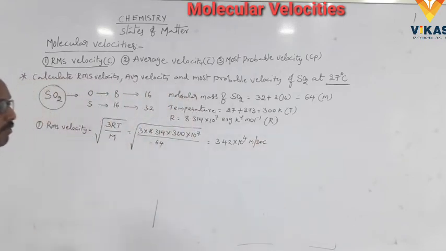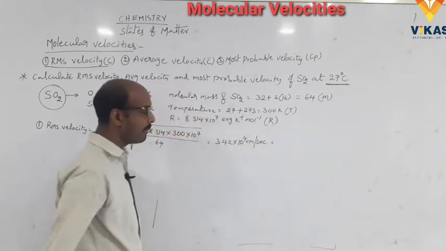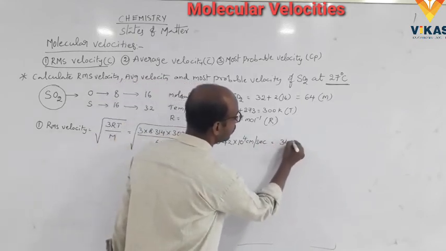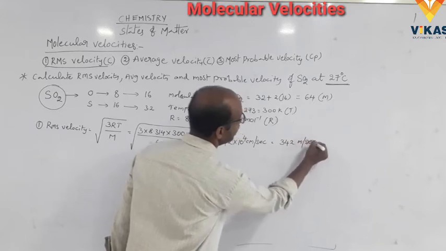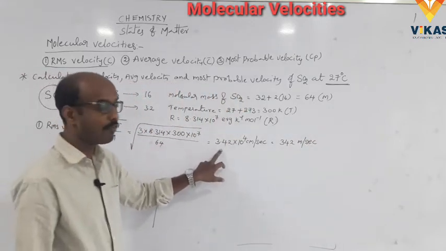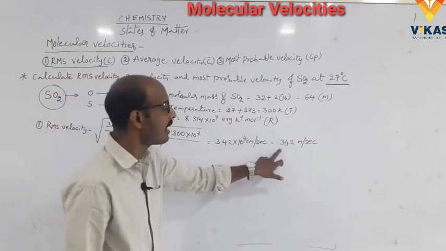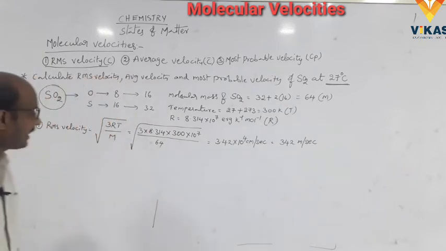Finally we get 3.42 into 10 to the power of 4 centimeters per second. Centimeters convert into meters, 342 meters per second. That is, we substitute all the values in the formula. We get 3.42 into 10 to the power of 4 centimeters per second, and converting centimeters into meters, 342 meters per second. Clear? And next one,